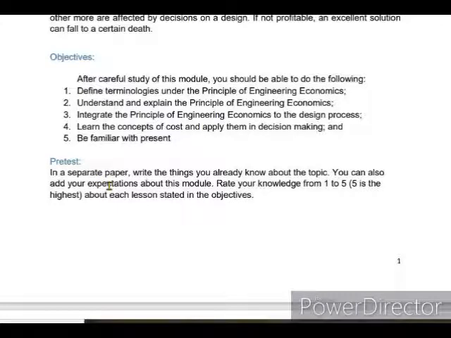So after watching that video, I hope that you get some knowledge about our topic for today for this module. Okay, so for your pretest in a separate paper, write the things you already know about the topic. You can also add your expectations about this module. Rate your knowledge from 1 to 5. 5 is the highest about each lesson stated in the objective, so it is 1 to 5. Okay,